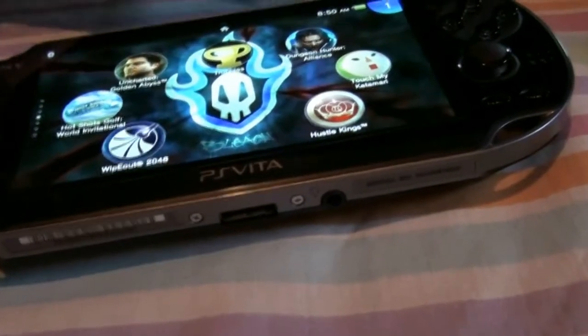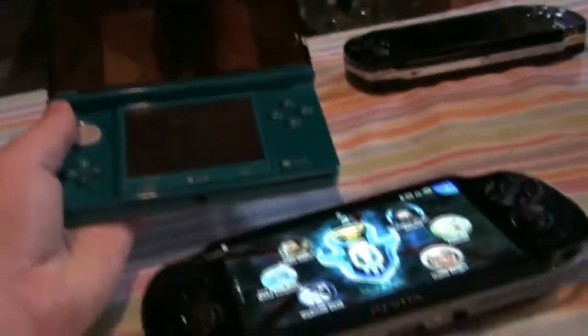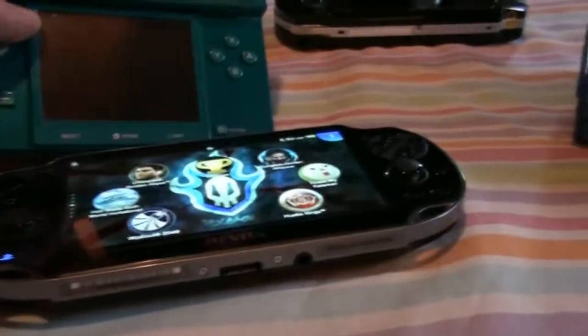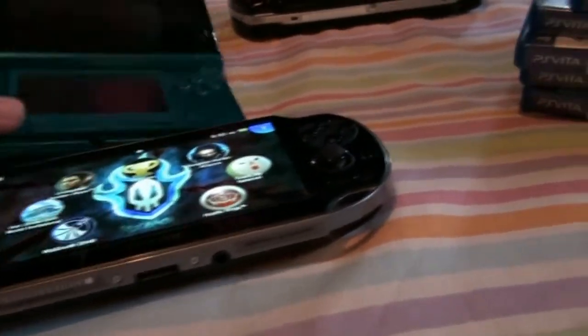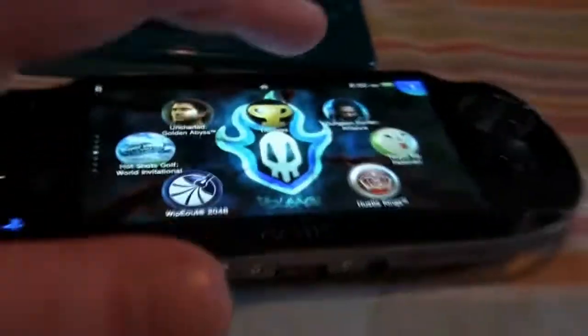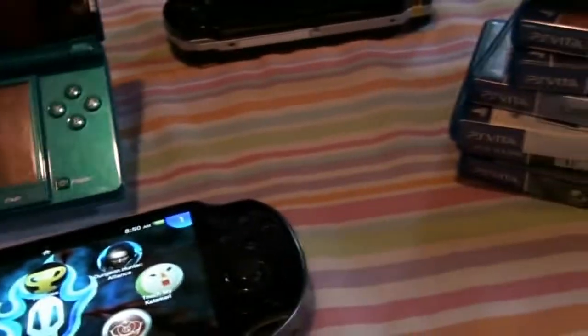But I don't know, if you folded it in half, and you had one screen on one side and one screen on the other side, it'd probably be about the same. But the touch screen on this one, I don't know what they call it, you can only touch in one spot, and this one you can touch at multiple spots, multi-touch. They do both have the gyroscope sensor, or 6-axis or whatever they call it for the Vita. But yeah,